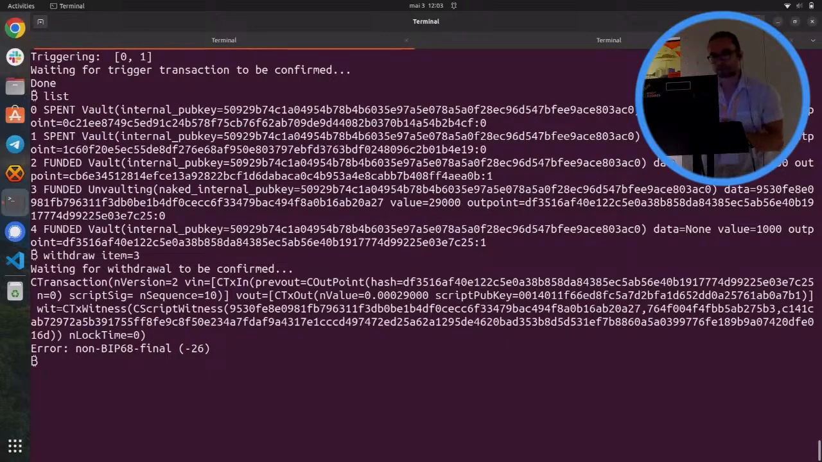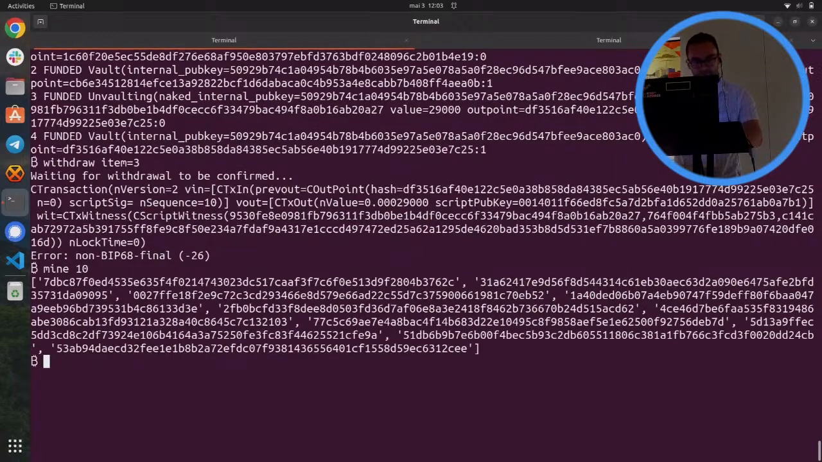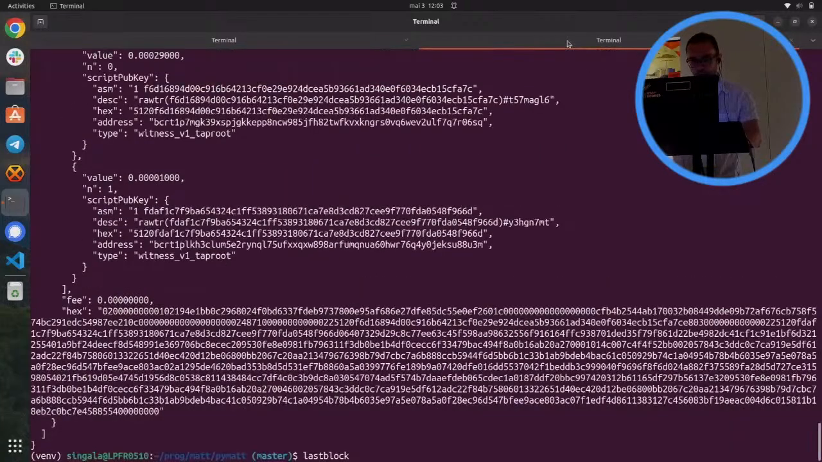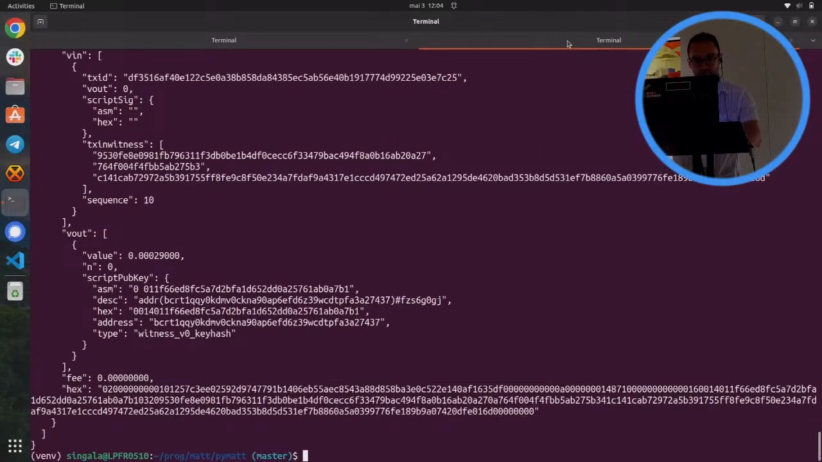Why does that not work? Because, well, in our contract we put a time lock, so we cannot yet spend it, right? And so BIP68 is the BIP that defines the time locks that we are using. And so what we can do is we can mine 10 blocks, and those are the blocks that we mined, and now we can try the withdrawal again, and this time the transaction seems to go well, and that's gone